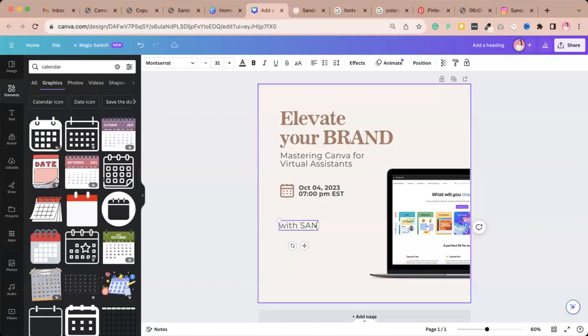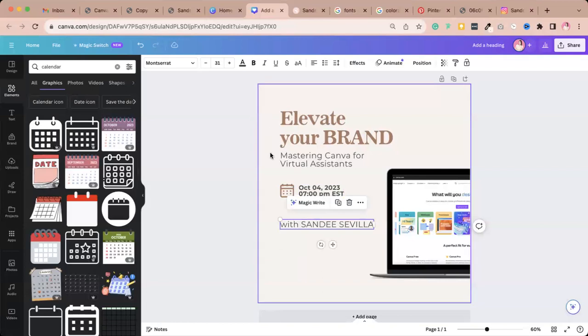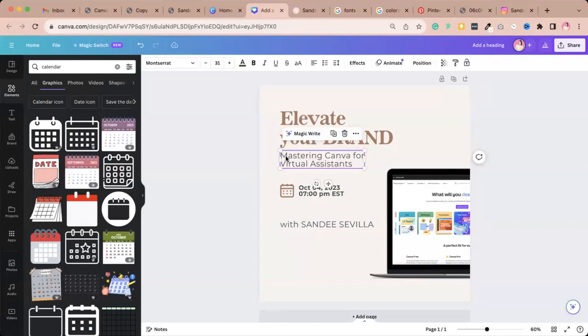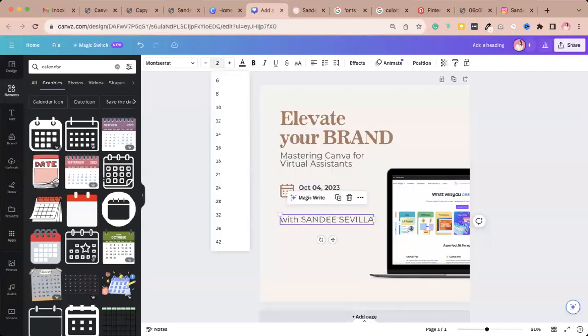I'll make sure that it has the same sizing with at least one, either with your subheading or with your time, just to be consistent. So I want to use the same font size with my